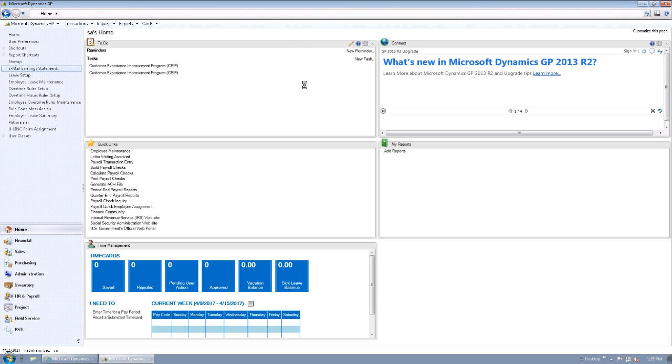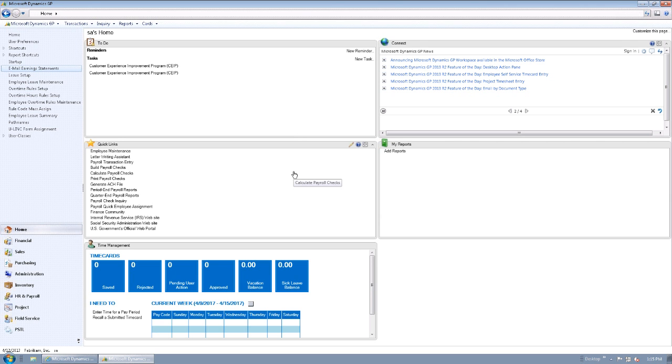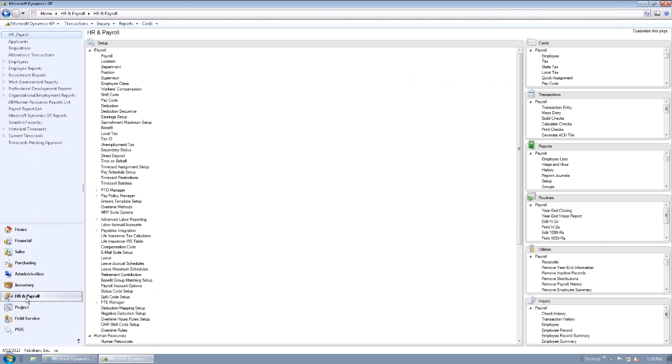Okay, let's go ahead and get into the time card capability and this transition from Business Portal to using Web Client as a self-service platform. Let's go over to the Human Resources and Payroll area page in Dynamics GP. And within our very long list of setup items here, one thing that I first noticed when I installed the R2 update is that these